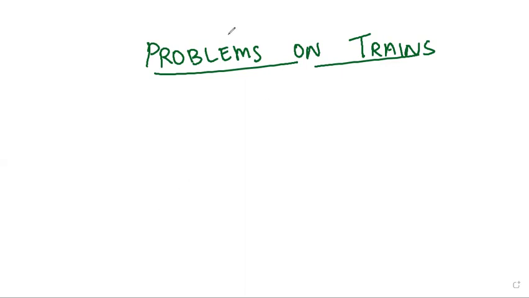In today's class, I'm going to tell you all about the basic formula and how to convert different units of speed, and also what the different scenarios are with which problems can be given to us regarding this topic. In the next class we'll be dealing with each and every case, with a few example problems as well as homework problems. Are you all ready with pen and paper?